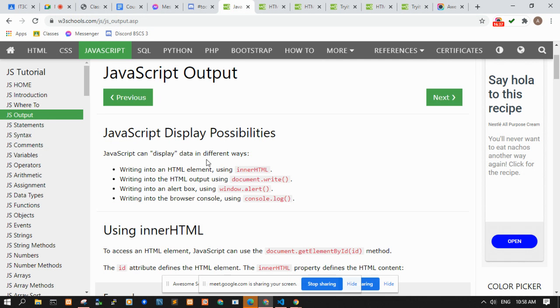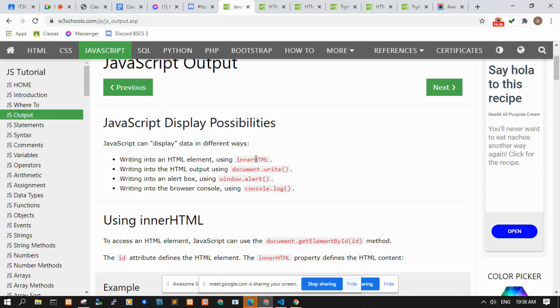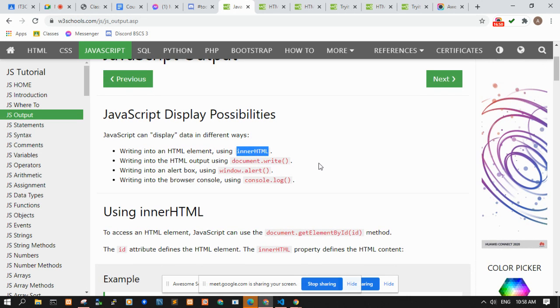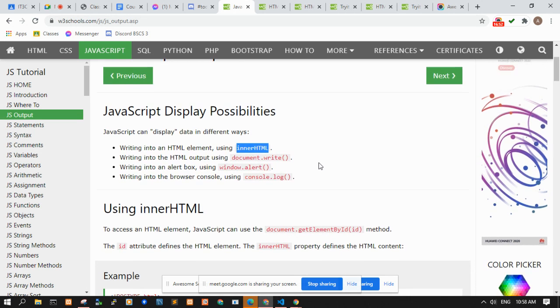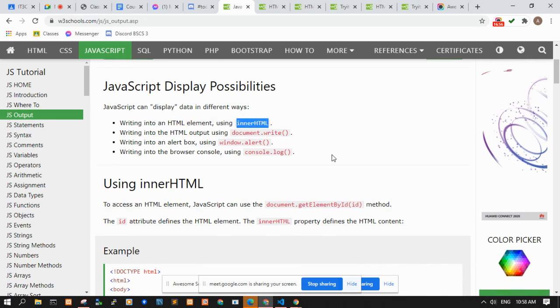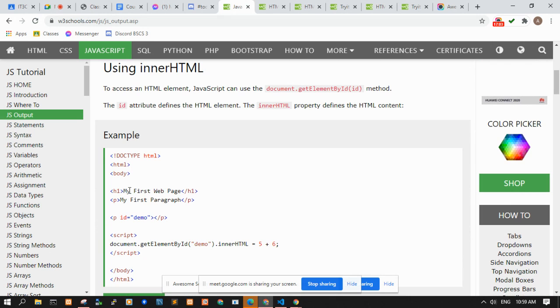Okay, since you have no questions, we'll move a bit faster. For the display possibilities of JavaScript, we can use innerHTML, which changes the content of an element. If you remember our CSS box model, or the parts of an HTML element, we have the head tag, the content, and the closing tag. So innerHTML changes the content.